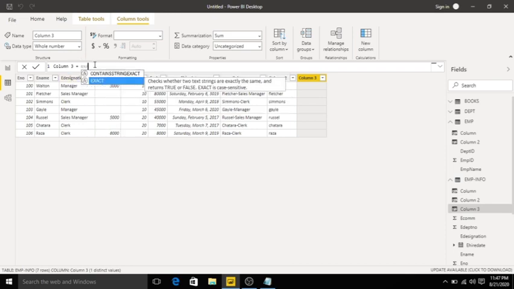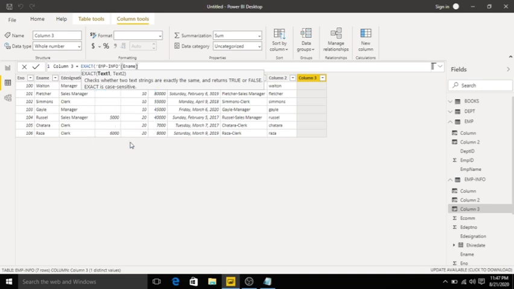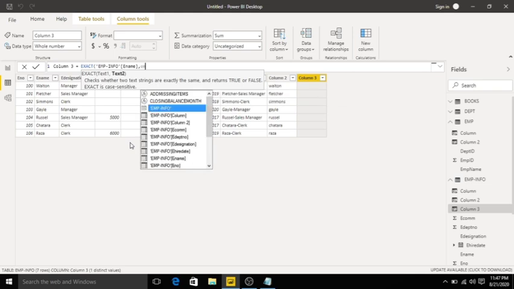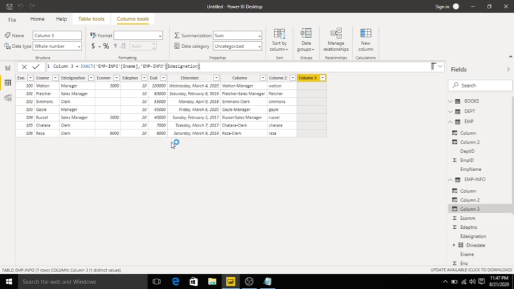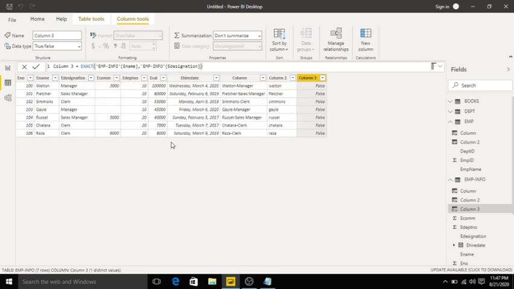EXACT, like employee info of ename and employee info of designation, I will take. Click enter. See, all are false.